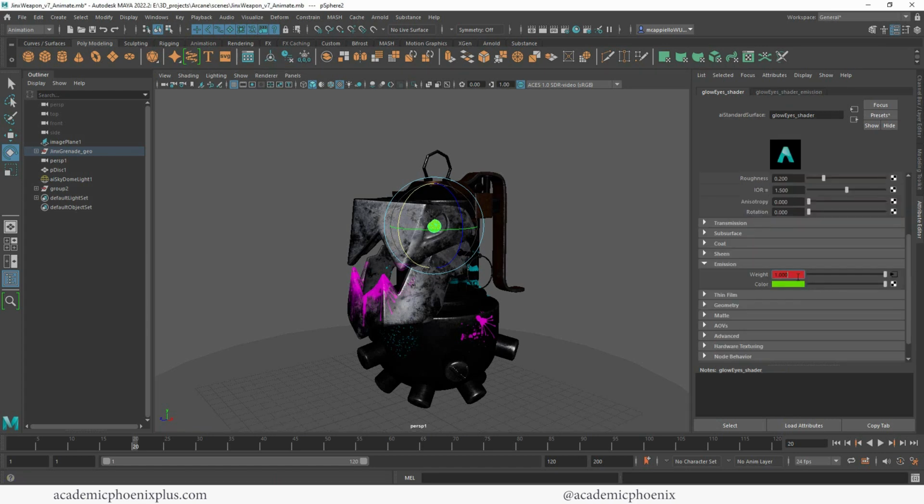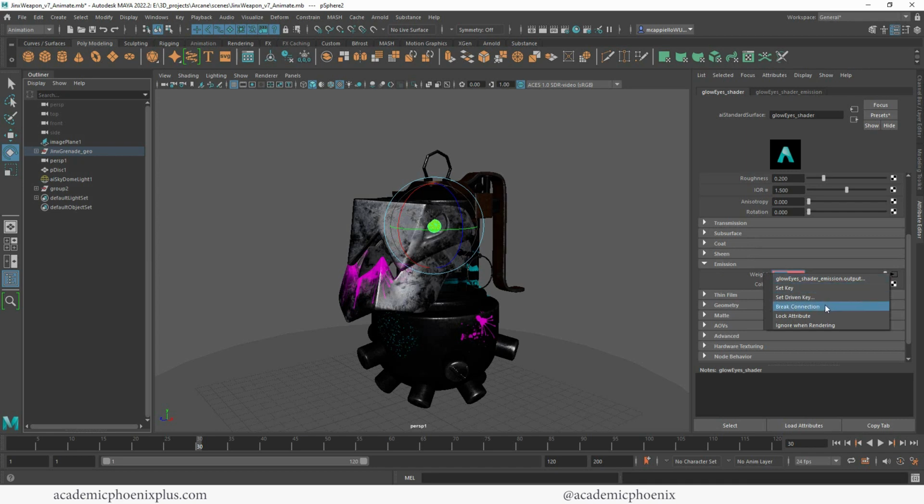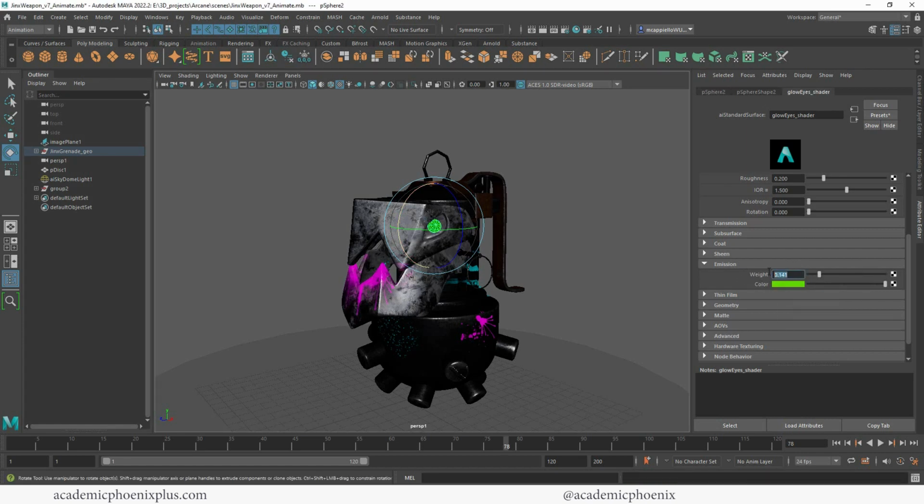To continue the animation, what we could do is continue what we just did, so by the time we get to 30, it goes back to 0 and so on and so forth. But I'm going to show you another way that might be a little bit easier. I'm going to right click on the word weight and break the connection. And what I'm going to do instead is an equation. So what we can do is a random expression. We're going to click on equal and then type in rand, which stands for random,